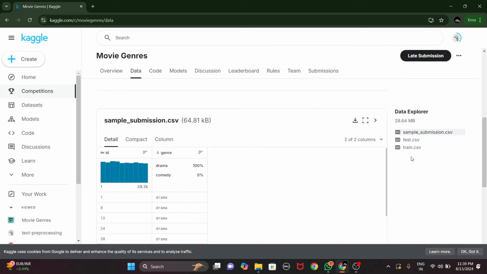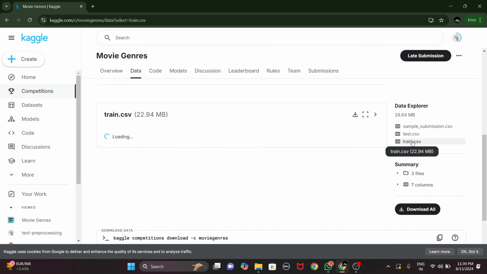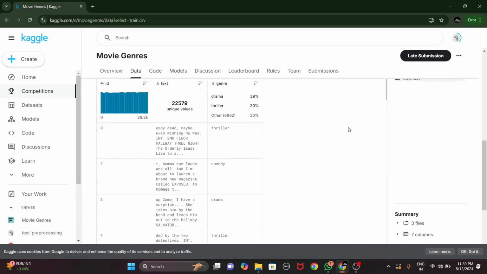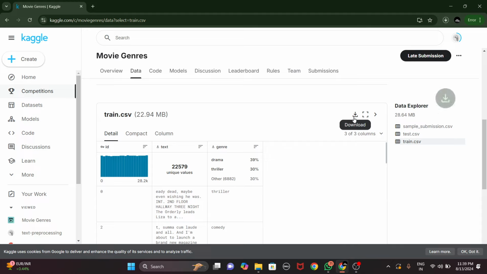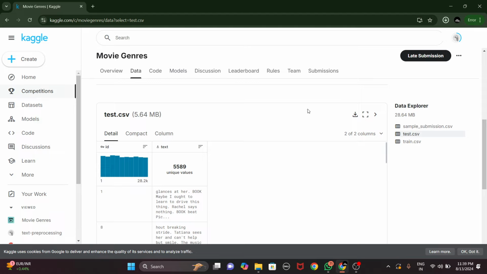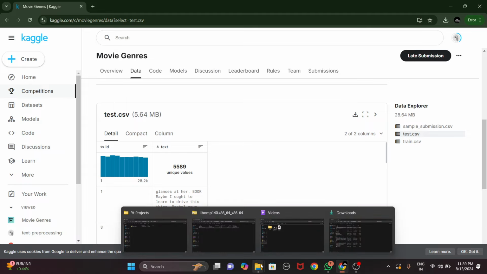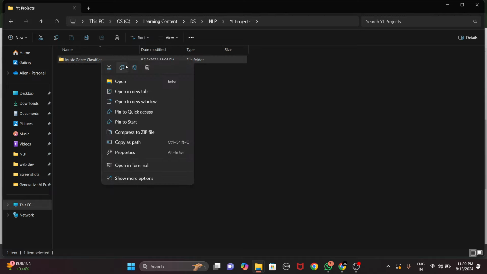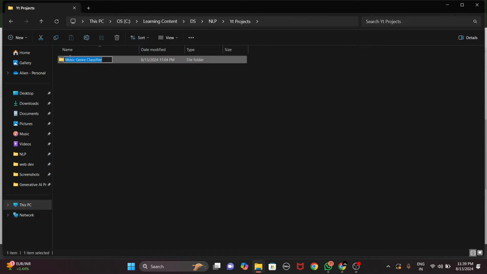So if we come here, you can see the train data and your test data is provided for us. So I'll be downloading both of them, and let me just download that thing. It's downloading, and this is the testing data. You just need to click on this button to download it. Okay, so both are downloaded. Now let me go back to my folders. It's not actually, by mistake I wrote music genre. It would be movie genre. So movie genre. Okay,